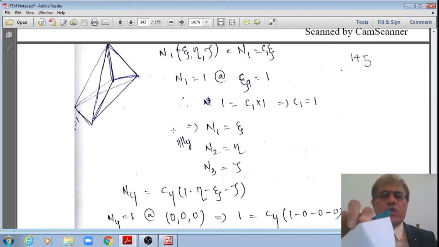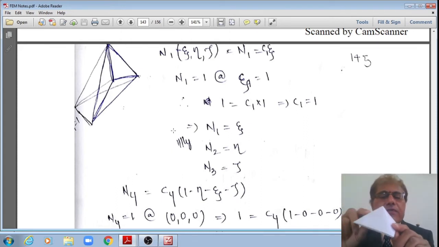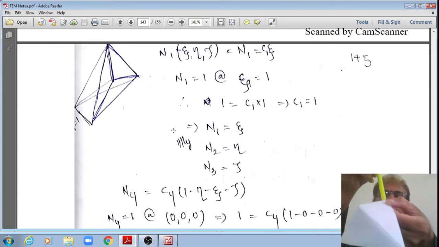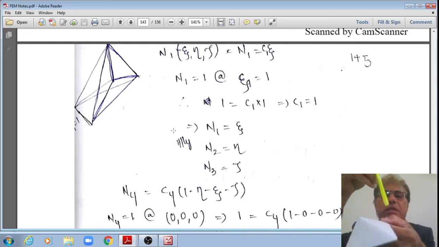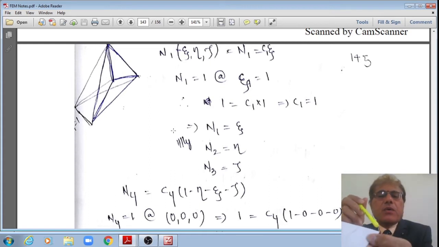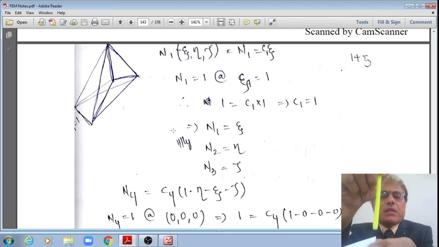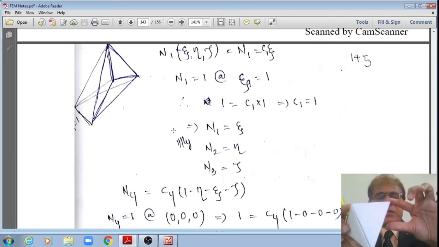The first node is along the x direction. Therefore, if load is applied at this node 1, then it will absorb totally 100% load, and it leaves 0 to the nodes 2, 3 and 4, respectively, right? If load is applied exactly on the node 1, it gets 100% contribution and leaves 0% contribution to the other nodes 2, 3, 4, respectively. That is how the shape function varies.